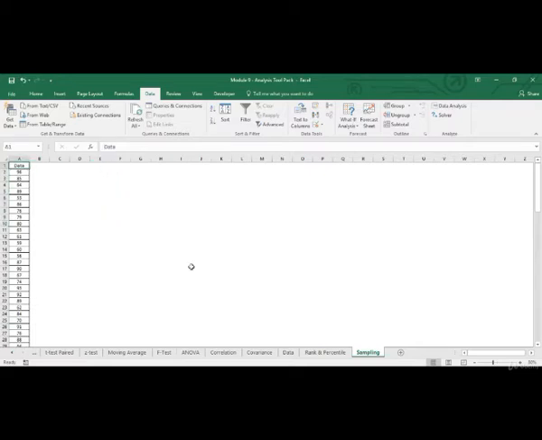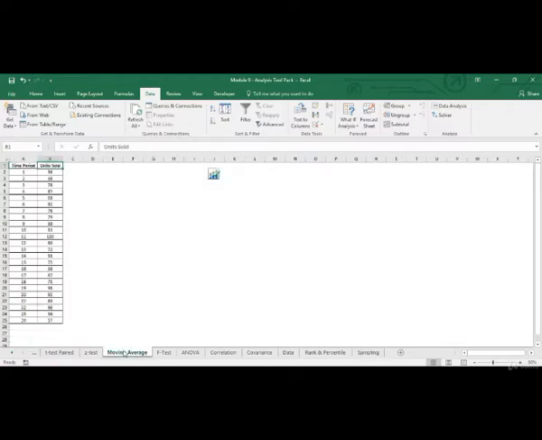Now the next option which we'll discuss is the moving average. So basically a moving average is used when we've got time series data, that is data which has been taken over time, like electricity expenditure over days, or say stock price of company ABC, or units sold of a particular item over time. Now moving average is used to smooth out the short term fluctuations or maybe seasonal fluctuations and